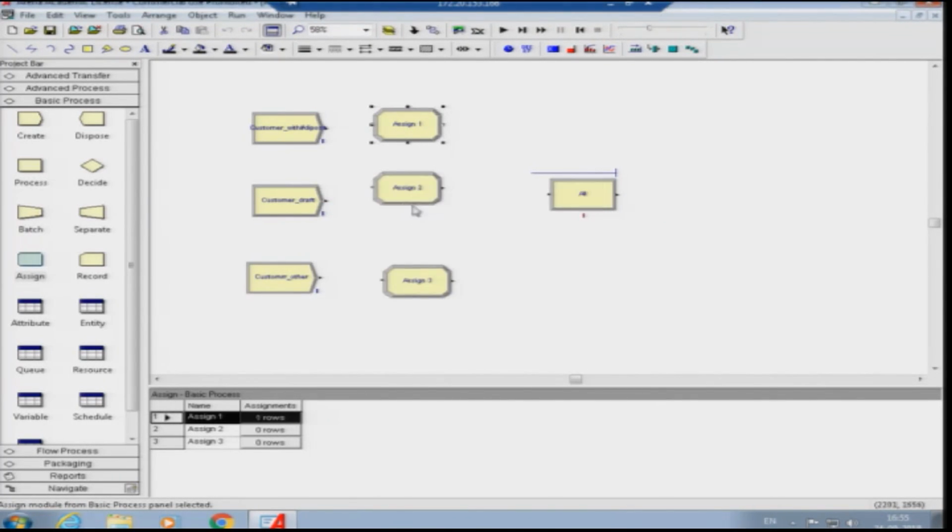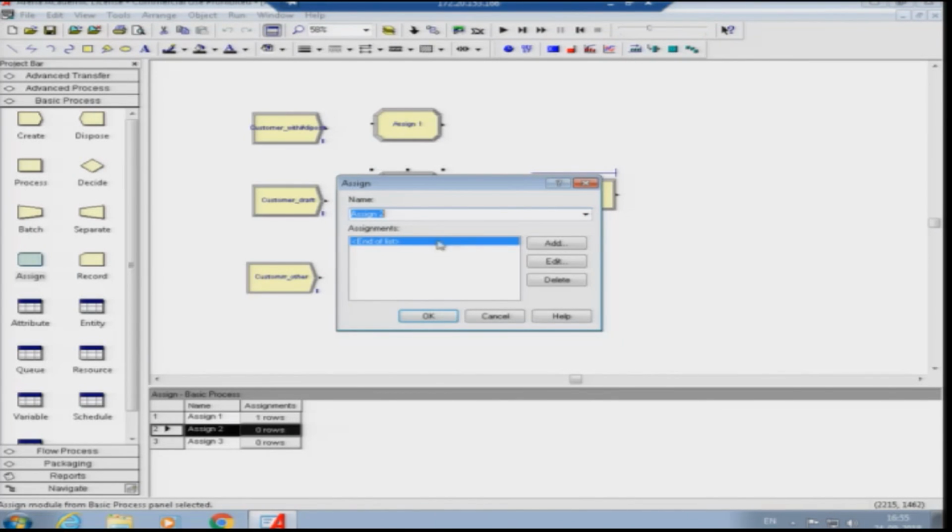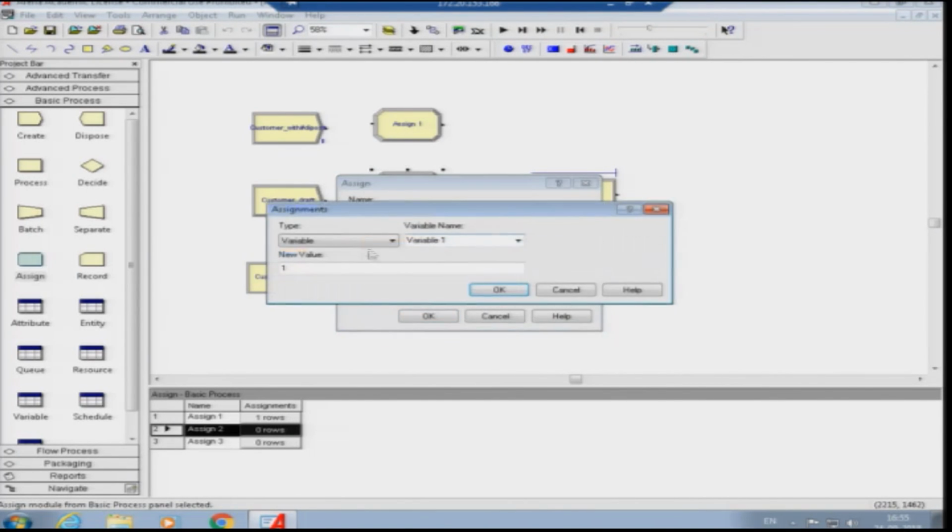For the customer 2, the kind who want to make demand draft, we will add an attribute, with attribute name as customer 1 and the value is 1.